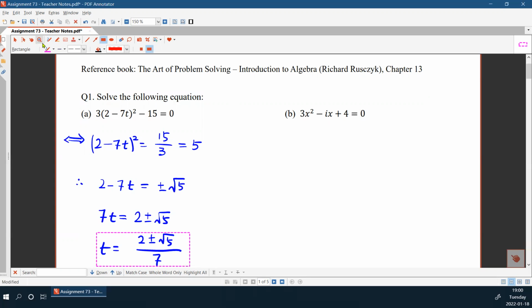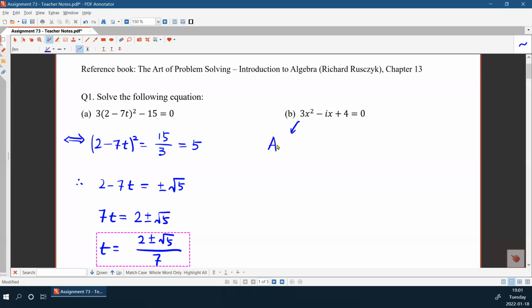Any questions? No. Okay, then let's see the next one. Next equation, we can use the quadratic formula to solve this, right? So first of all, because this equation is already in its standard form, then we'll